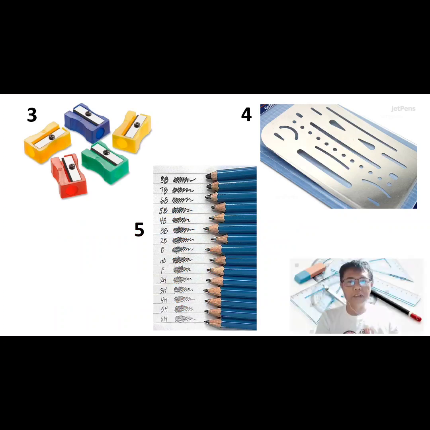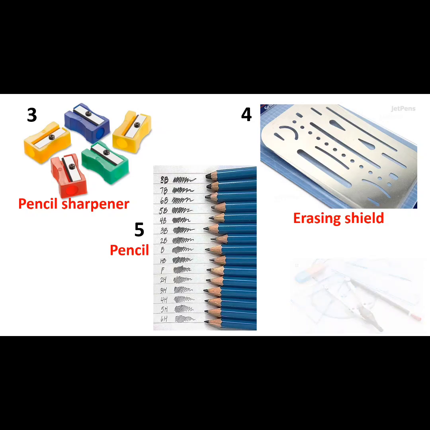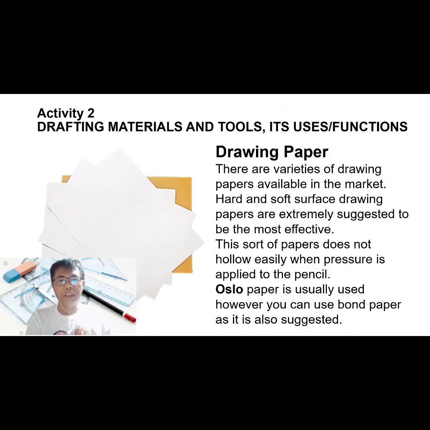Number 3, pencil sharpener. Number 4, erasing shield. And number 5, pencil. And now for activity number 2, let us identify the different drafting materials and tools and its uses or